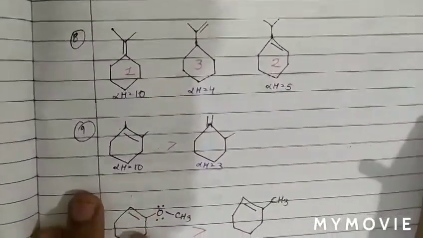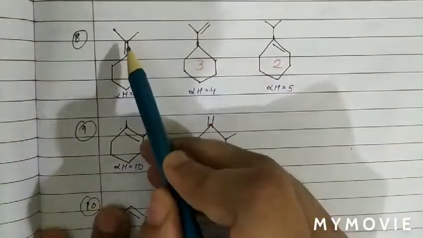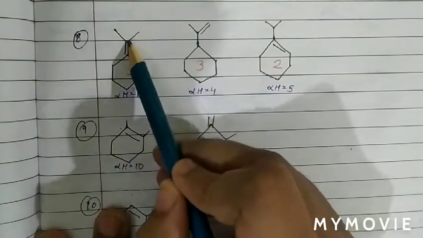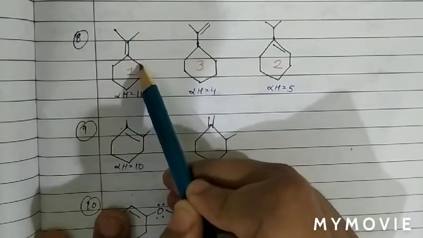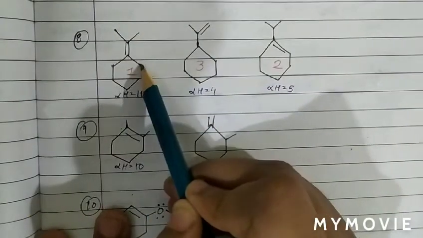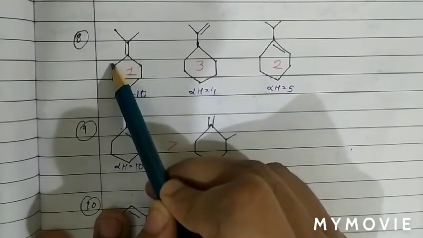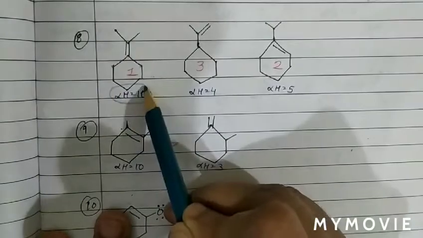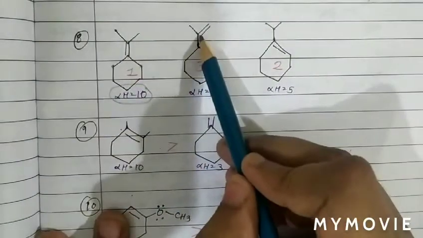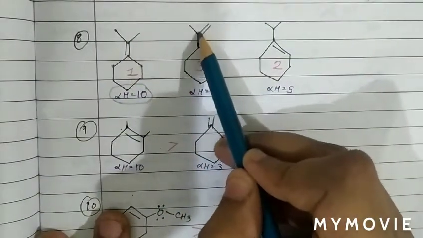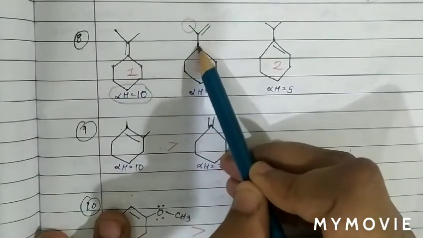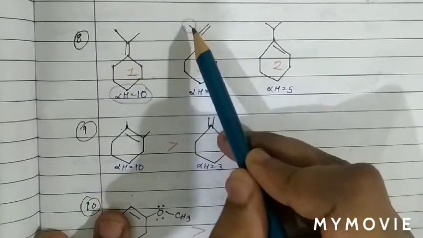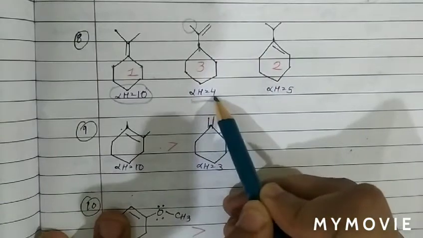Now see another question on the basis of stability. In this case we can see sp2 carbon, sp2 carbon. This is sp3, this is sp3, with 2 alpha hydrogens and 2 alpha hydrogens, and also 3 alpha hydrogens and 3 alpha hydrogens. So basically a total of 10 alpha hydrogens. Now in this case this is sp2, this is sp2. So 3 alpha hydrogens are there and 1 alpha hydrogen there. So basically 3 and 1, 4. So 4 alpha hydrogens are there.